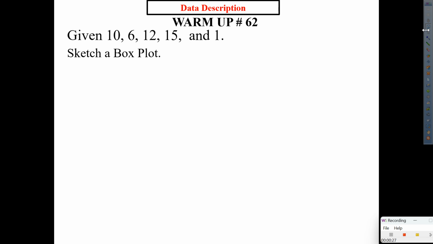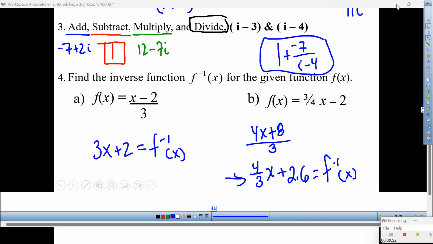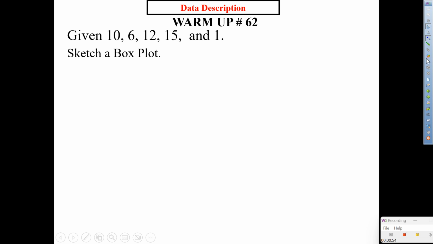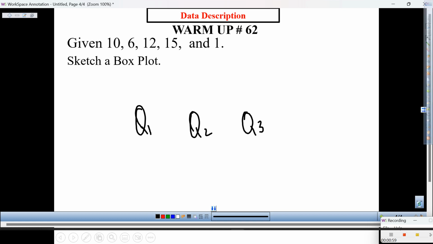Q1, 2, and 3. Oh, that's not it. Let's see. All right. Q1, Q2, and Q3. Get it started, please. Oh, sorry. Let it go. There it is. Q1,